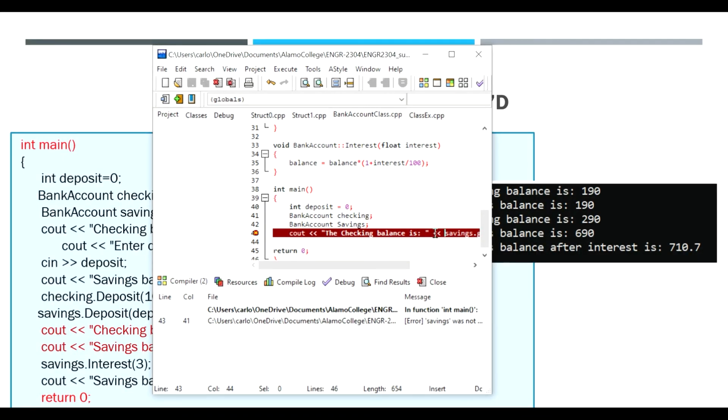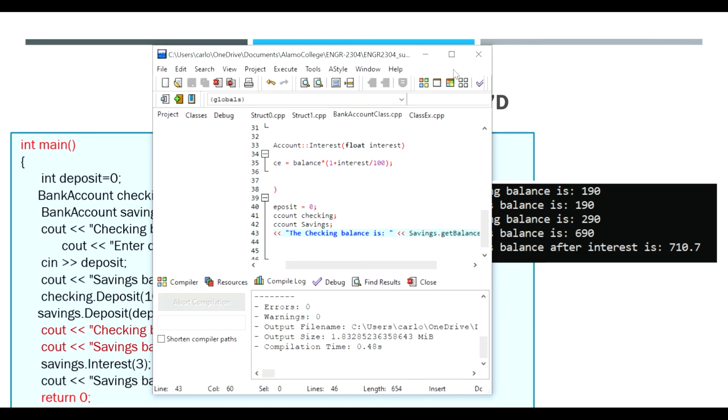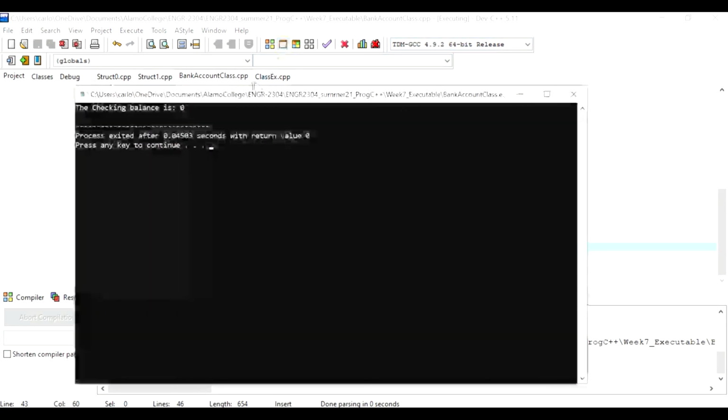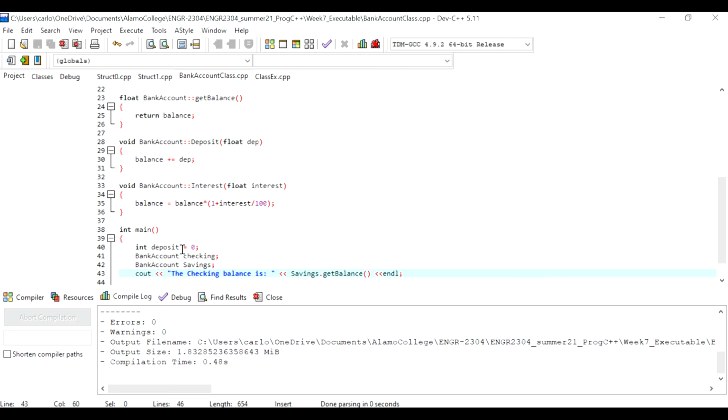Check savings. Oh, it has a capital S. We have to be careful about those types of things. So savings can run now, yeah. So when we run it, we say this checking balance is 0, and that is basically because we have an